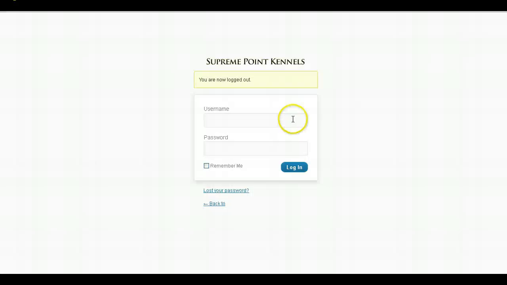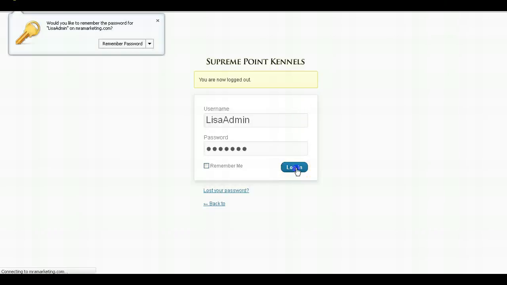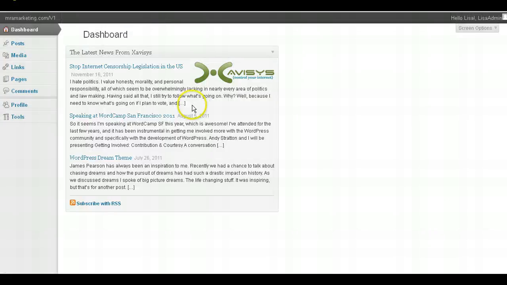This is your back panel area. This is the area that you come into to add pages to your website, edit pages on your website, add pictures to your picture galleries, things like that. Simply put in your username and your password, which again I'm going to create separate tutorial videos for you going in depth on how this back panel area works. But very briefly, what I've done is I've taken the WordPress content management system back end. I put it on your website, so now you have access to all the pages of your website and all of the blog entries and